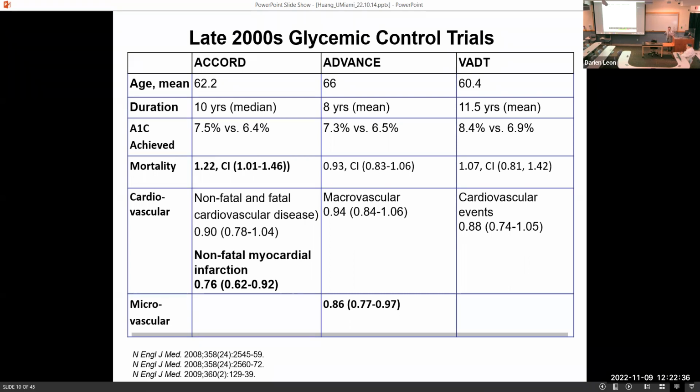An overall observation from these randomized controlled trials is that you can prevent non-fatal MI with some intensive glucose lowering, but not much else, and at great expense in terms of the medications that were used at the time. Now, the other thing I would say is that, remember I said the UKPDS excluded people over the age of 65. These trials were the first trials to enroll people in their 60s. And you'll notice that they all have a duration of diabetes around 10 years. So they're meeting patients about 10 years later than they were in UKPDS, and they're older. So these trials accidentally became the first geriatric diabetes trials of glucose lowering.